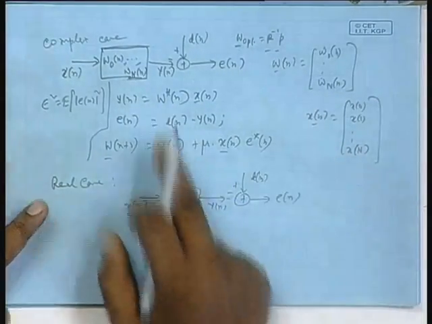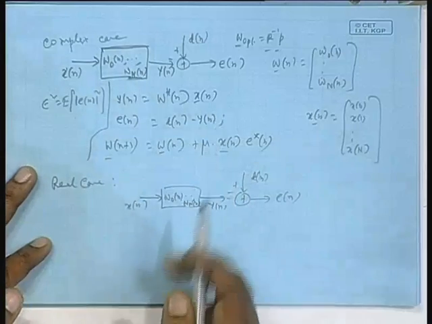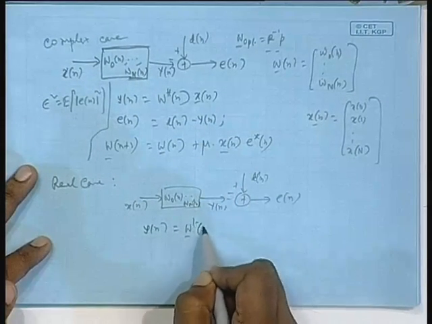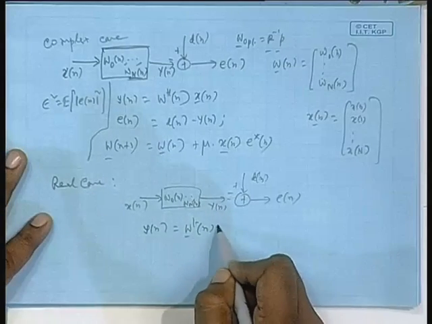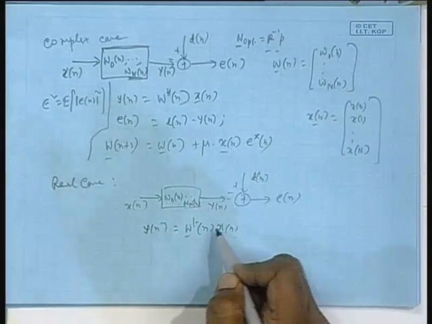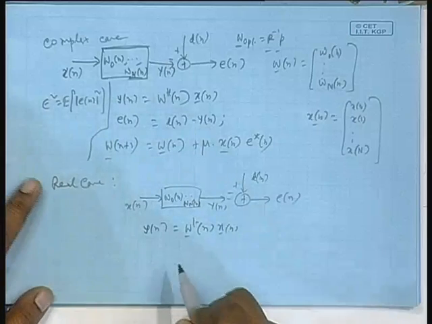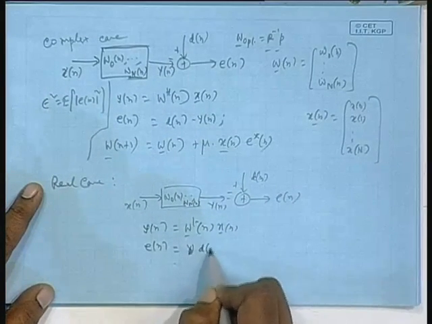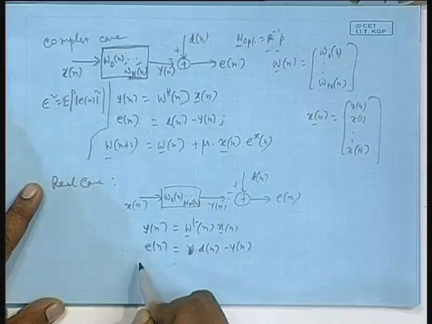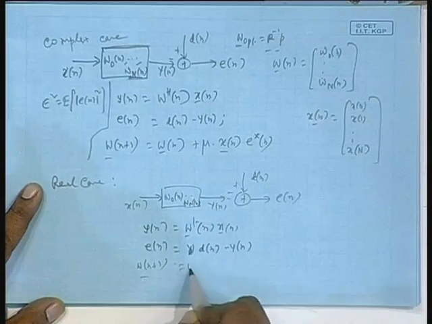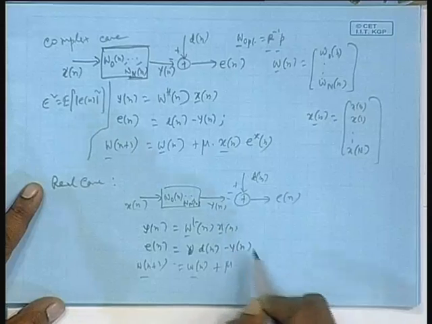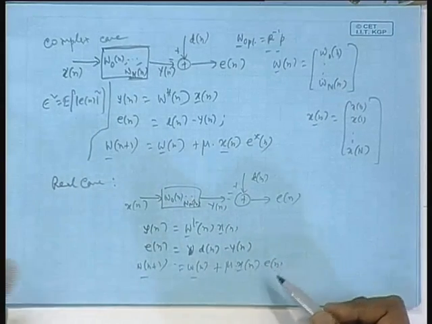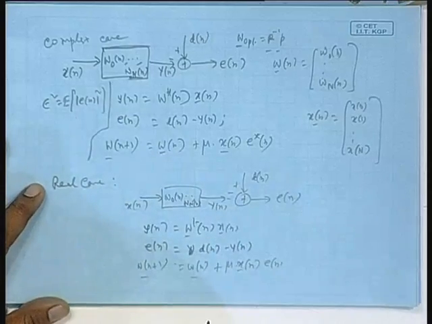So this is a special case of this, you can see now, because y n is simply w transpose n x n. You can write w Hermitian here also, because in the real case there is no question of conjugation. And same E n as d n minus y n, and w n plus 1 is w n plus mu x n vector as it is, and we write E n or E star n, they are the same because they are real. So, this is a special case of this.